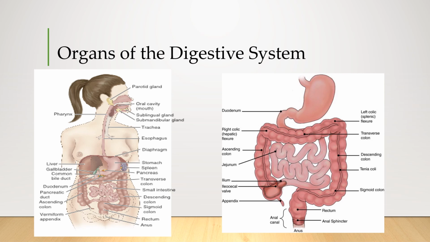The liquid stool then moves to the large intestine, which is the primary organ of bowel elimination, and it's called the colon. The large intestine absorbs the rest of the water out of the food, and the food travels through the intestine. It will start as liquid in the ascending colon and get more and more solid as it travels across the transverse and descending colon, and it should be solid by the time it gets to the sigmoid colon. From the sigmoid colon, the stool will pass to the rectum and be expelled from the body through the anus.